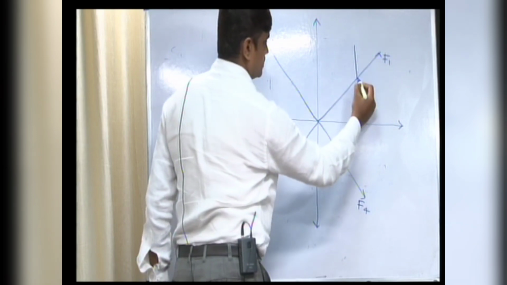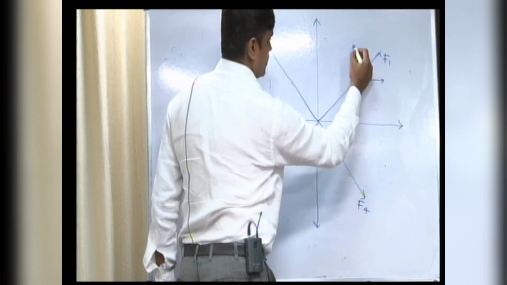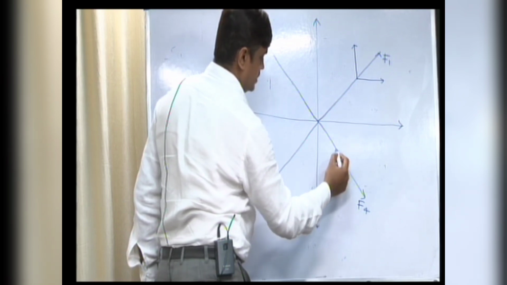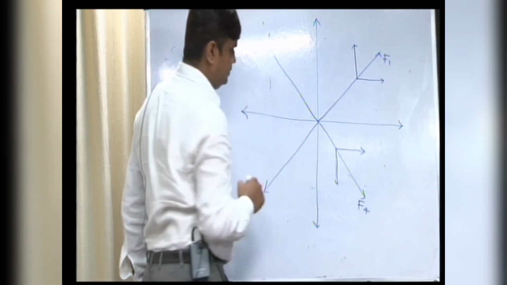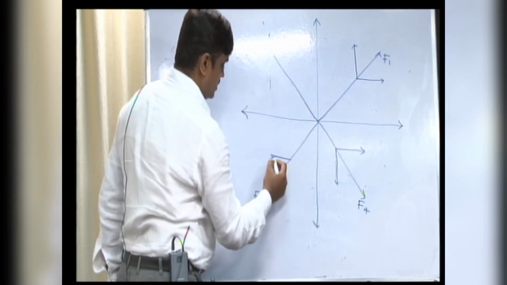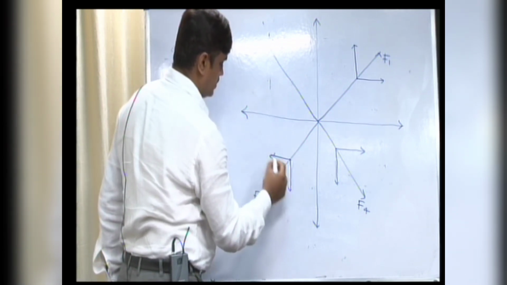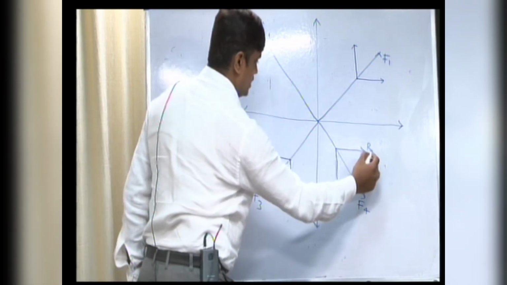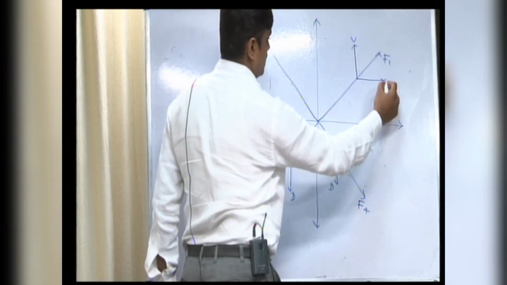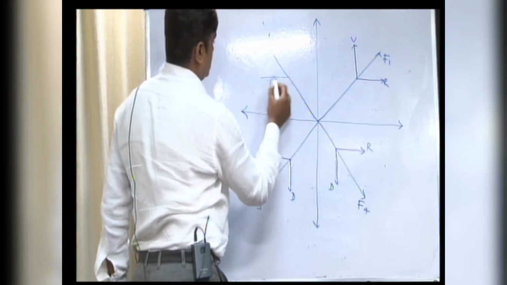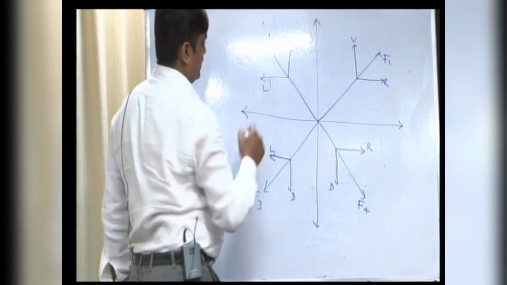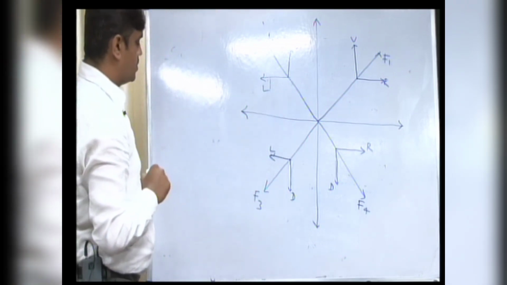Resolve the forces. This is upward, this is the right side, this is downward, right side. Third quadrant: left side, down. This is down, up, right, and up, left. As I told you in the slide,